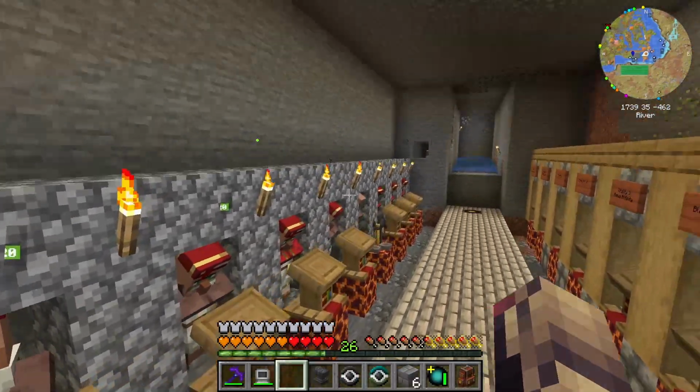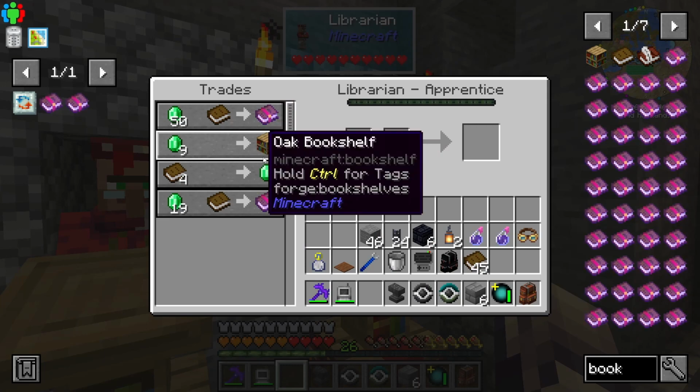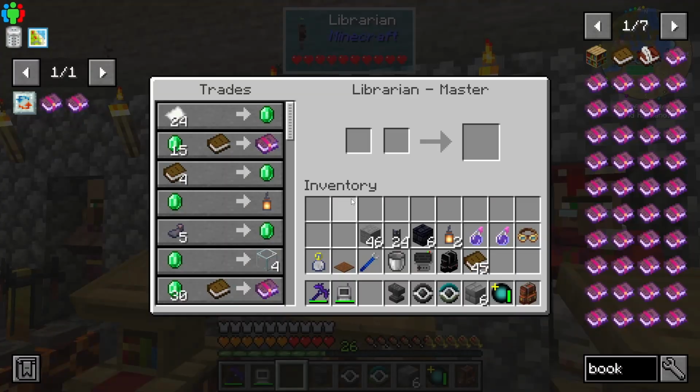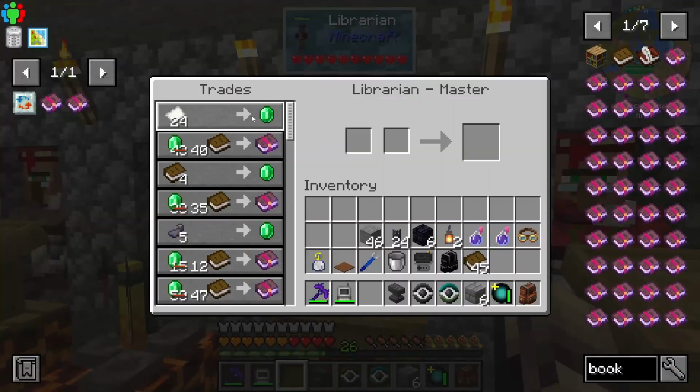Because there's some, of course, that I still haven't really maxed out. And that's one of the ones with like bookshelves and stuff as the trades. Just, it's so much more difficult. It's so much more expensive. So,